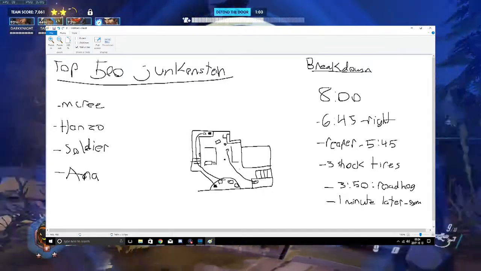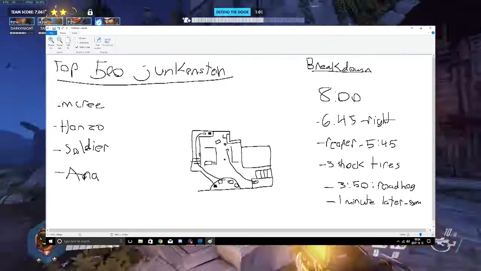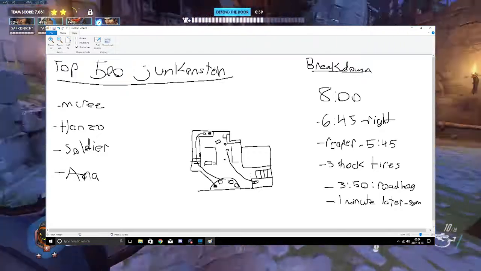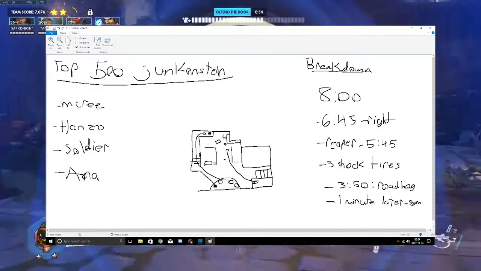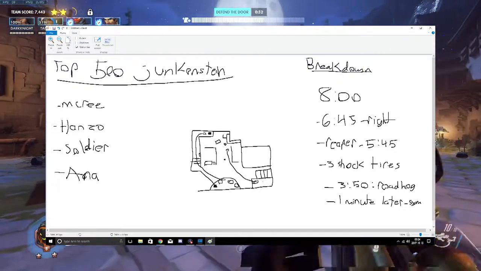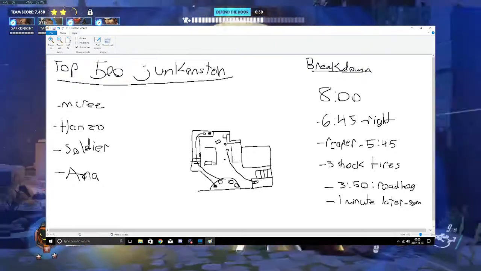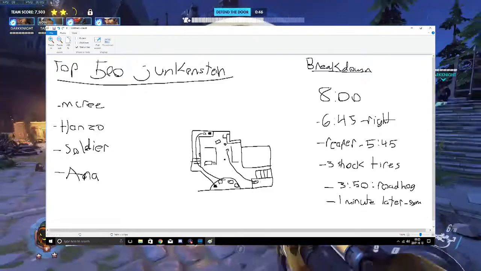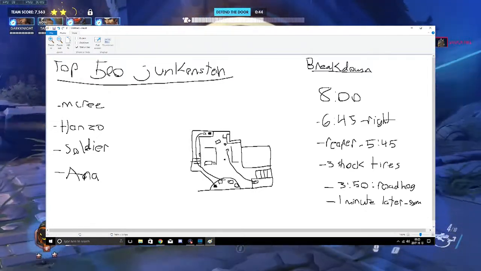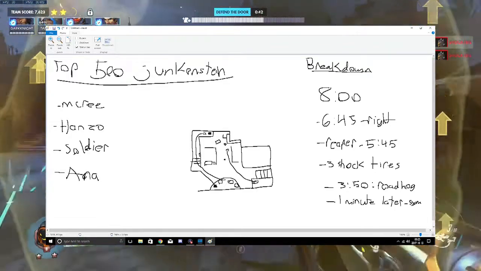You need to get that shield gen down because it is absolutely disgusting how much health these guys gain with the shield and everything, and it'll take so much damage off of the McCree High Noon if you do not destroy this shield gen. Now, once the shield gen is done, you regroup, do McCree Nano, try to bait out the shield, and then the